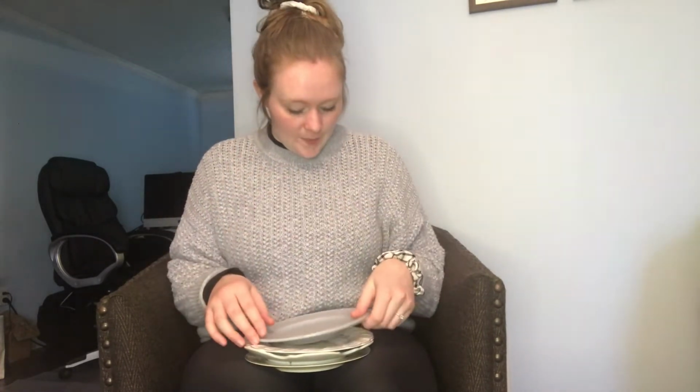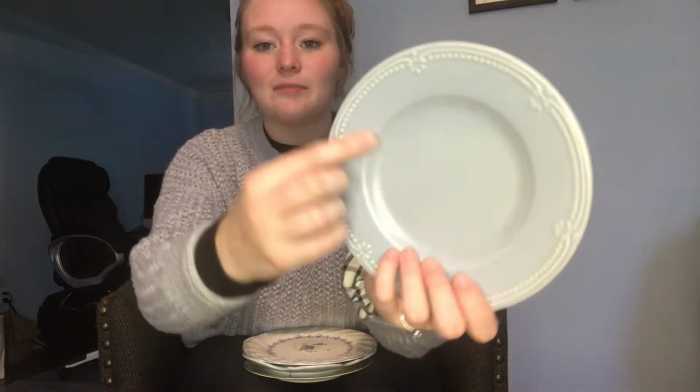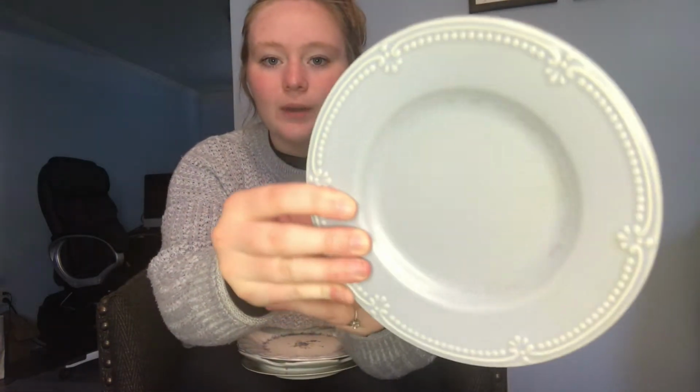And obviously, yeah, we can eat off of them and stuff. A lot of it is just a china set that's gotten split up at the thrift store or over the years or whatever. Oh, it's kind of funny. This first plate really matches my shirt. It's blue, this kind of purplish blue with a white trim, and I just thought that was so pretty. This was from an Ohio thrift for 99 cents, and it says it's